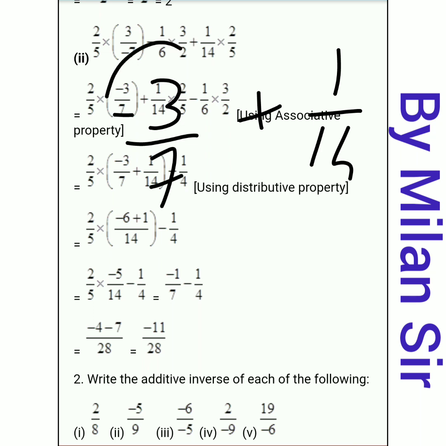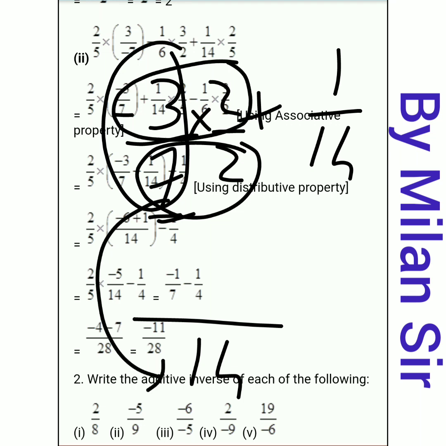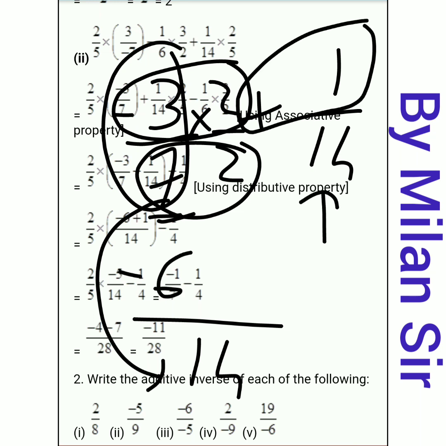Because we can convert this 7 into 14 by multiply and divide 2. Okay, this method we do not need to show, but we need to understand, we need to do rough work. Okay, so here we can convert 7 into 14, that's why our LCM is 14. Now here 7 to the 14, right? So I am writing 14 here. Now in numerator, minus 3 into 2, 3 2s are 6, so minus 6. Here already we have denominator 14, so we directly need to write plus 1, right? We can directly write plus 1.